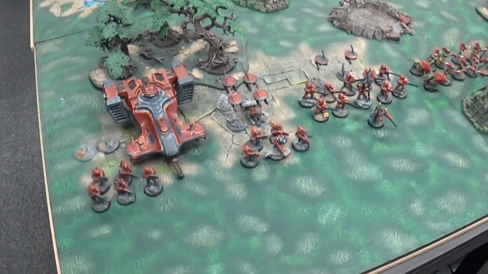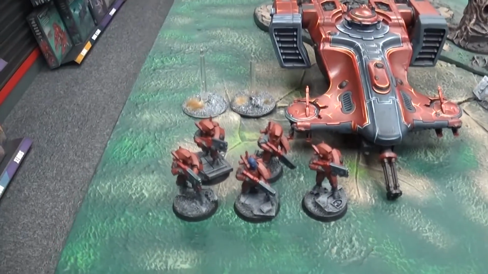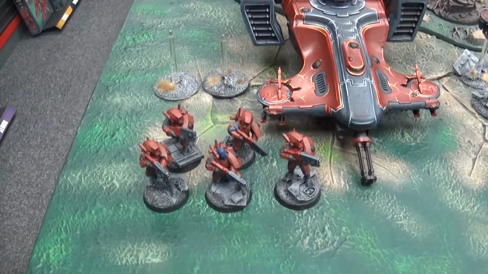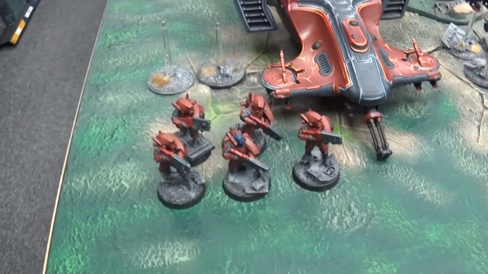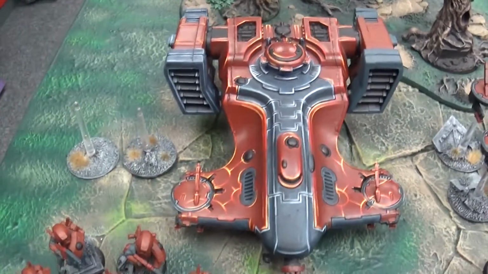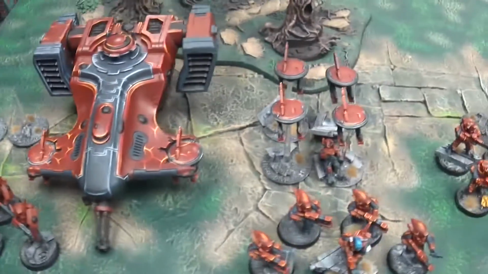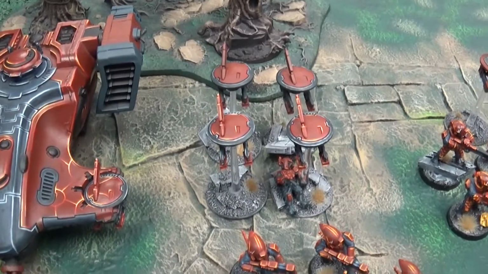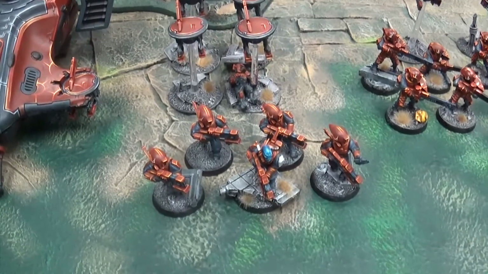Alright, so this is 500 points of Tau. Let's go through it. This is 5 of the new breachers. These are the guys with the really short range weapons, which get strength 6 AP3 when they're within 5 inches. They're in a Devilfish, which I have barely used in ages, so it's kind of fun to finally get it on the table again. 4 gun drones, the basic gunners,